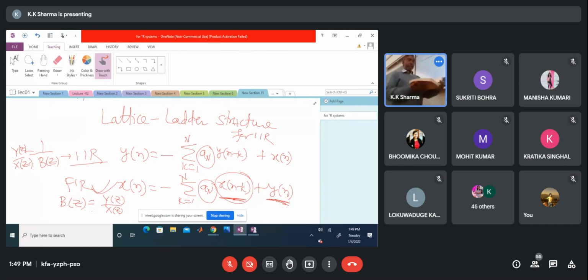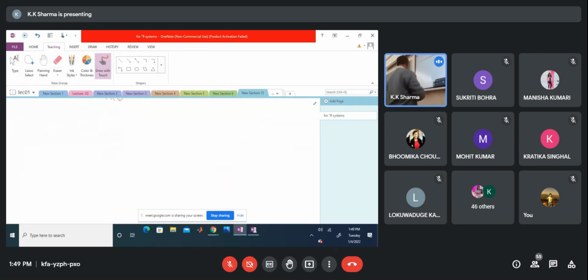That is one thing. The next case is, if I do this for a lattice structure, let me do this for a lattice one. See, my lattice was described by these equations. Your f(n) and your g(n).